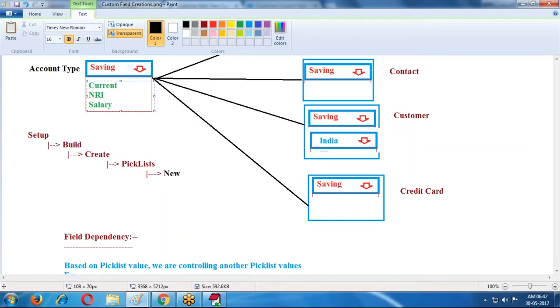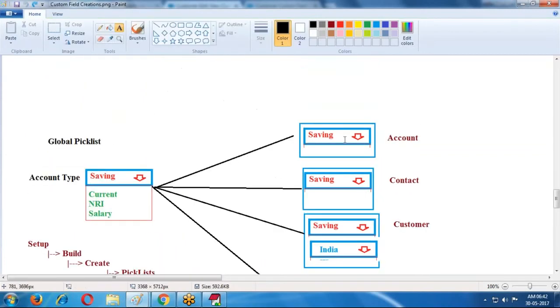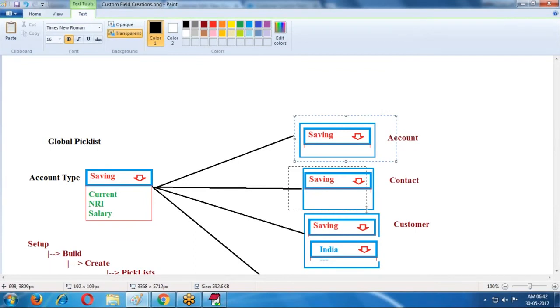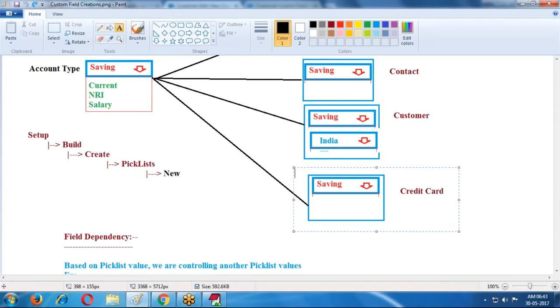What is the value we are creating? In this case we are using picklist values. The picklist values here are required for different objects. What are the objects? There is the account object, and the contact object, customer object, student object, some credit card object.